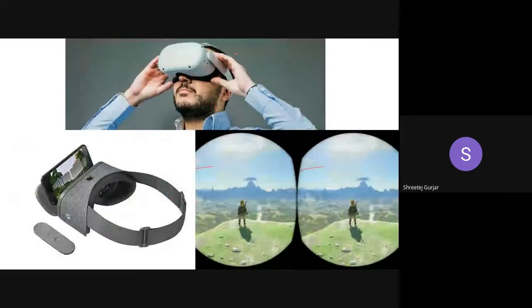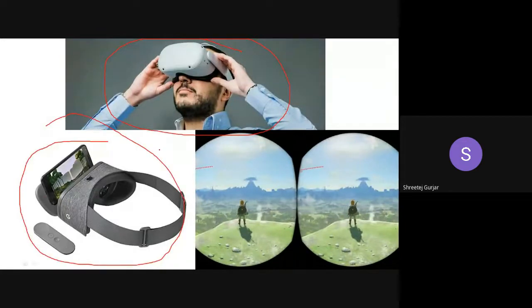What is this image that you see on the top? Can anyone identify what this is? What is this instrument or gadget called? Anyone, if you have used it, you can tell me the name of this particular gadget. No one has used this headset?